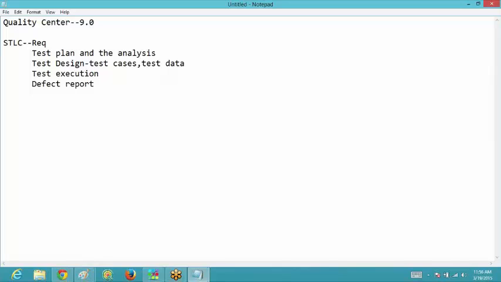Since you are going to prepare the defect report and give it to the developer, you need to do the tracking also, whether the defects are rectified or not. If they are rectified, then you need to do the retesting, and for the dependent modules you need to do the regression testing also. So you need to keep track of all those things.